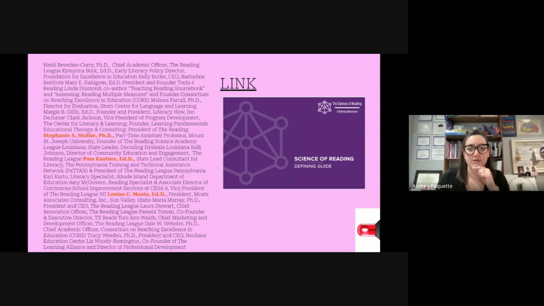All right, so this is the defining guide from the Reading League, and it is free online. It's just a clickable link here. These are the authors next to it. So a very nice big bunch of very, very smart people who put this in a very concise 20-page doc. You can print it off. I recommend it for each school to have it accessible, because it's not a big textbook to read. It's not heavy, and it really explains lots of the different aspects.